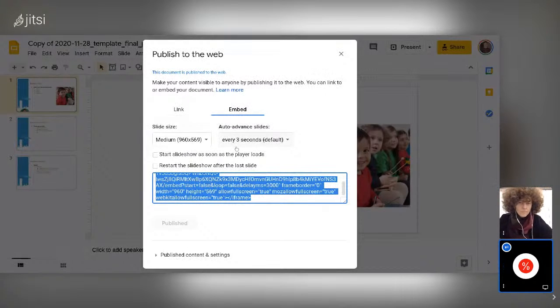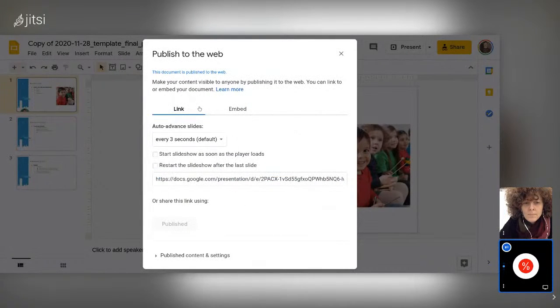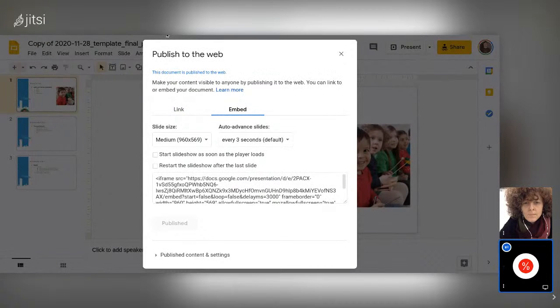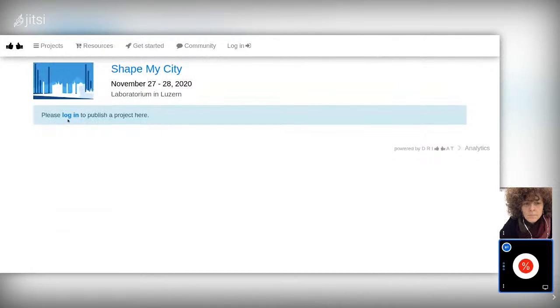So now I have my pitch. I have this special Publish to the Web link. You can use either one of these, actually. It doesn't really matter. And then I can go back to our Hack platform, and I can use that link. So here I'm back on the hack.opendata.ch website with my link in my clipboard. And if I start a project and log in,